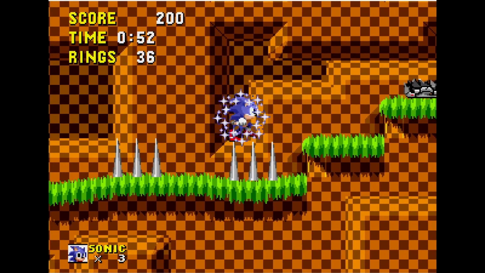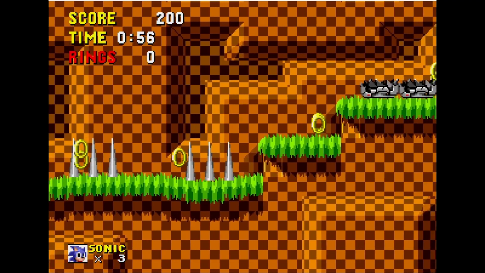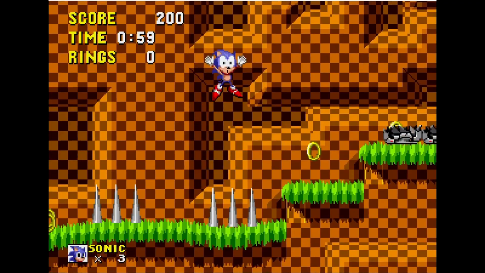So we'll just wait for a sec. And we'll wait one more sec. And there you go. We have successfully fixed the spike bug in Sonic